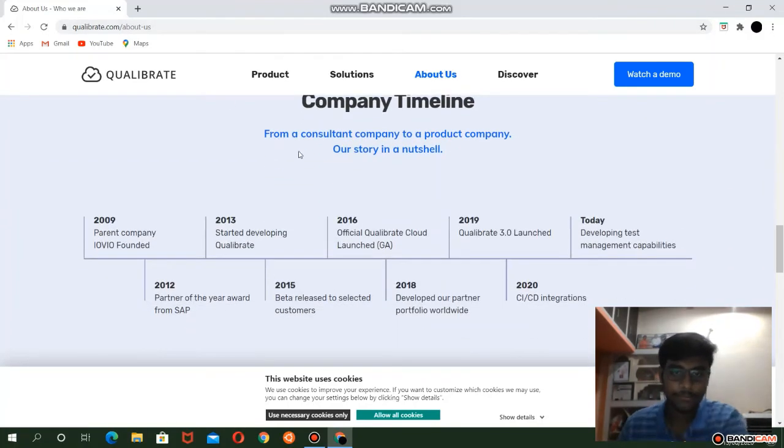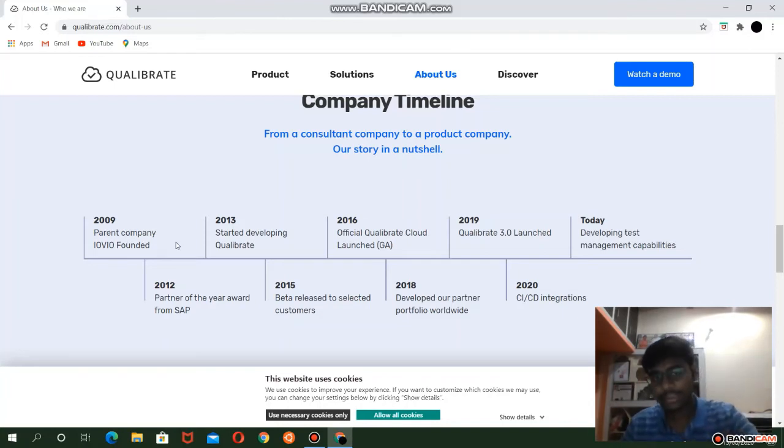Company timeline, from a consultant company to a product company. Means how this works in the companies, from consultant company to a product company, all in a nutshell. Then coming to this graph, in 2009 the parent company was founded, and after 3 to 4 years, in 2013, development of Collaborate started.